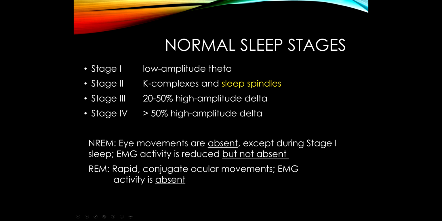Okay, we'll contrast that with REM sleep, where the eyes are moving a lot. That's why it's called rapid eye movement sleep. So we can see that on the electrooculogram, but there's muscle paralysis during REM sleep, which is a good thing, right? So if you're dreaming and we didn't have muscle paralysis, you would be doing all kinds of wild things. So the only muscles that are really active during REM sleep are eye activity and, of course, breathing muscles. We don't stop breathing during REM sleep.